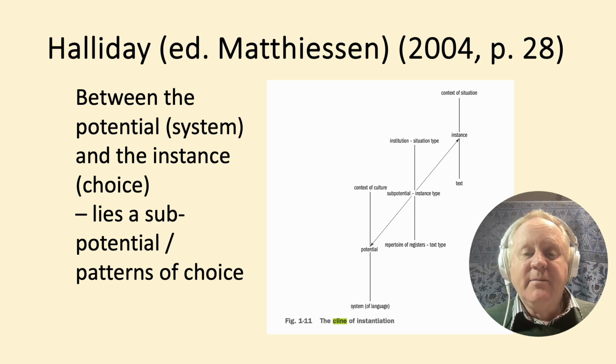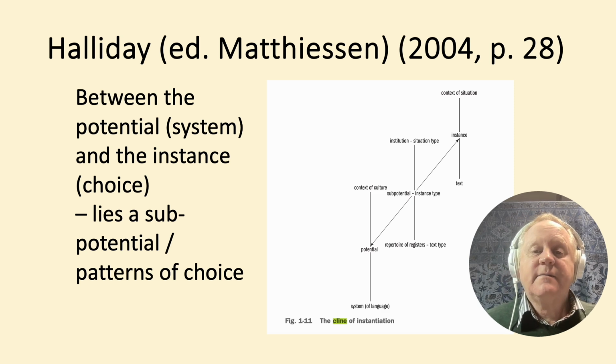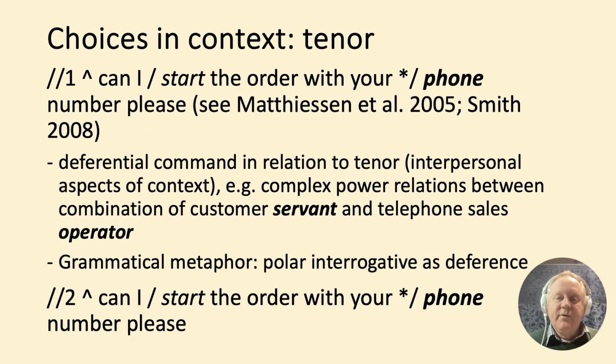Our potential for making meaning in a job interview, for example, is considerably different to our meaning-making potential when ordering a pizza over the phone, and both are different again to our potential for meaning-making when hanging out with close friends. Because of these constraints, these systemic sub-potentials, our language choices pattern in particular ways in particular types of text. For example, think of the language we use in chatting with a close friend one-on-one compared to how we talk with a pizza salesperson selling over the phone.